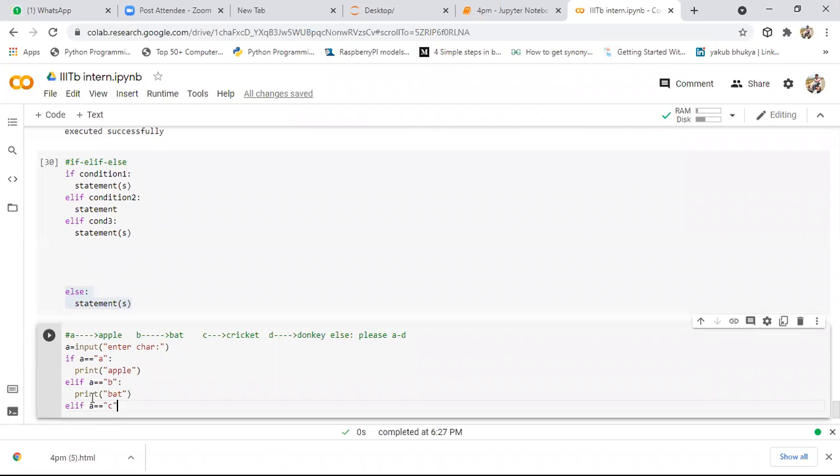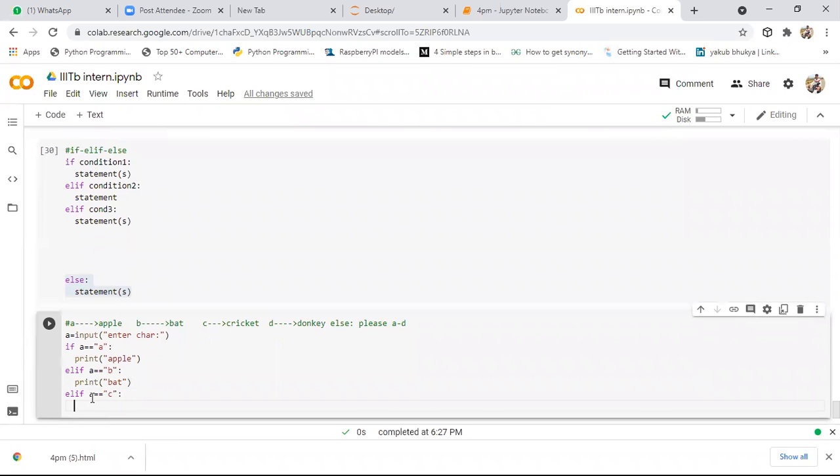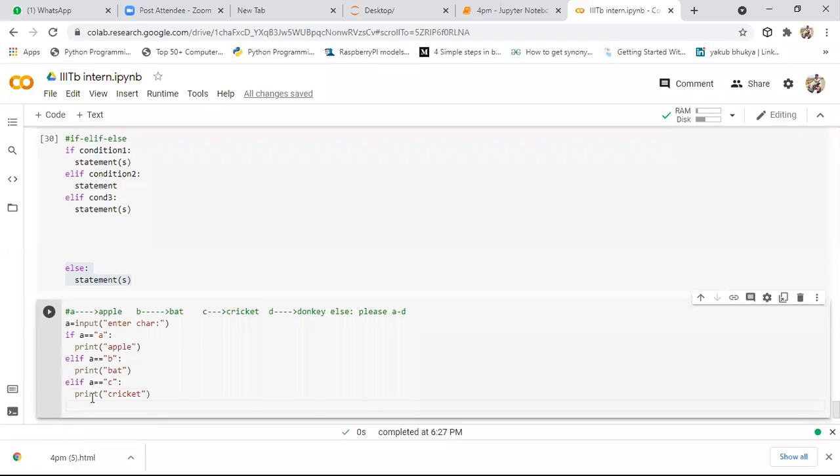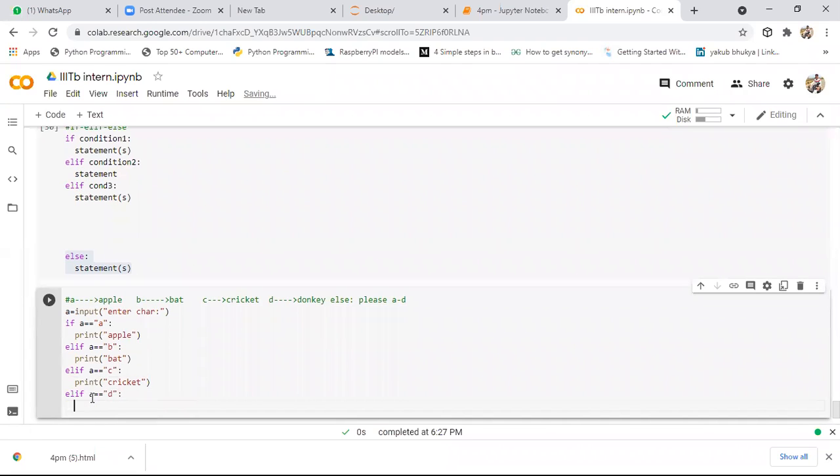If it is not equal to character b, we need to check the next condition, that is, if it is equal to c or not. If it is equal to c, we need to print output like cricket. If it is not equal to c even, we'll say a equals character d. If it is character d, here we need to print output like donkey.